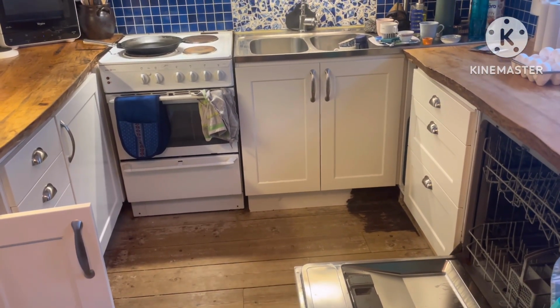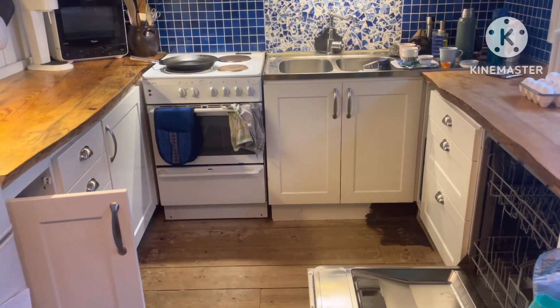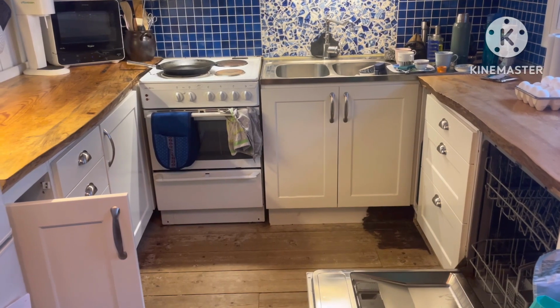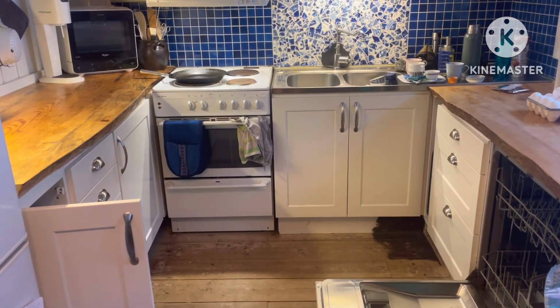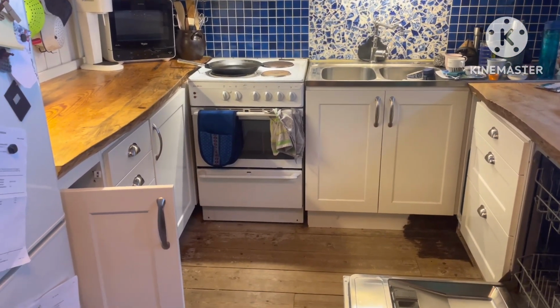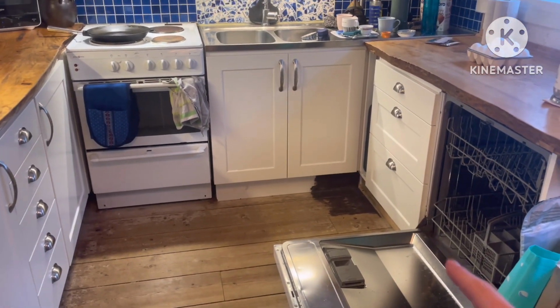So you have to think about space, and sometimes it's easy to just tape it off if your house doesn't have a kitchen at all. Go in and tape where the cupboards are going to go on the floor, and then use your tape measure and walk around and mark, like, if I open this and this, then how much space do I have? This is kind of in the wrong spot,